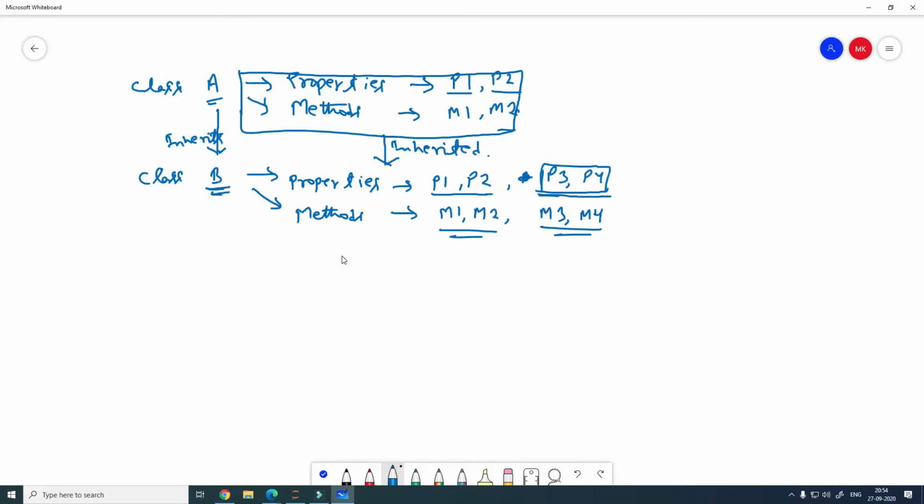What is happening in this case? Class A is getting inherited into class B. And this is an example of a simple inheritance,